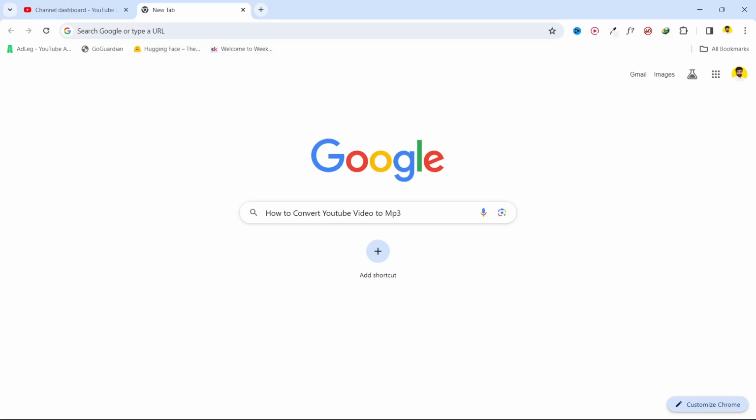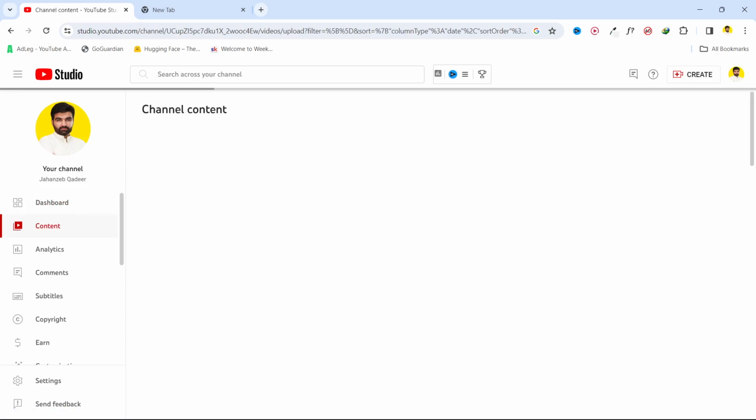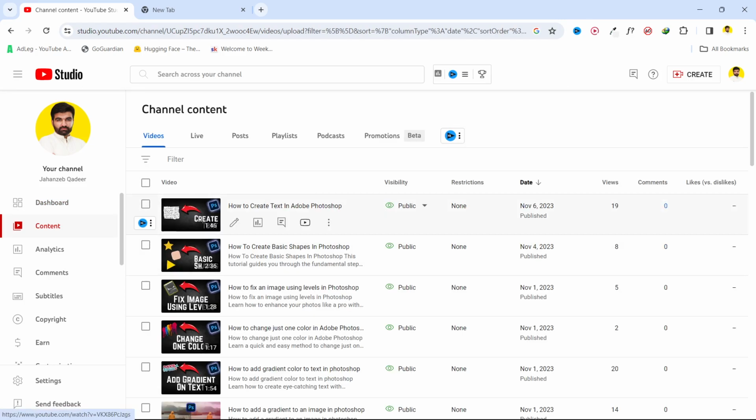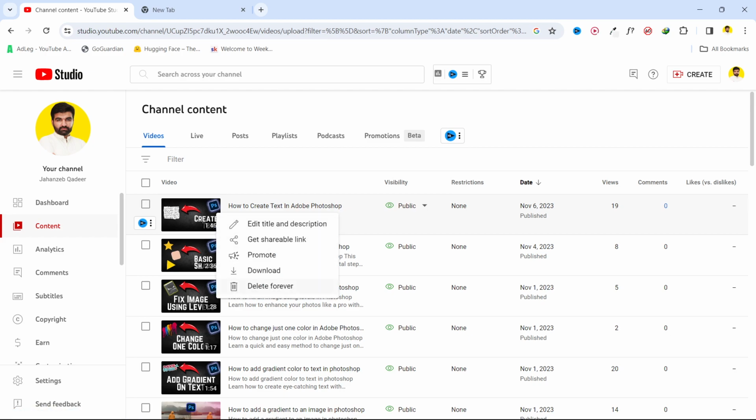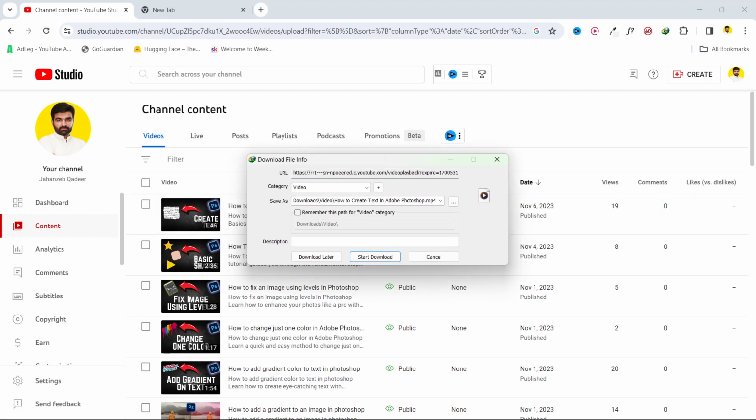In today's video, I'm going to show you how you can convert YouTube video to MP3. So now I'm on my channel and let's suppose I'm going to have this video. So click on three dots and you need to have this video in your PC first. So wait for few seconds